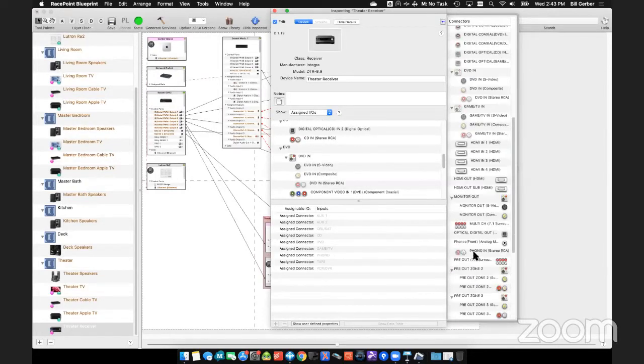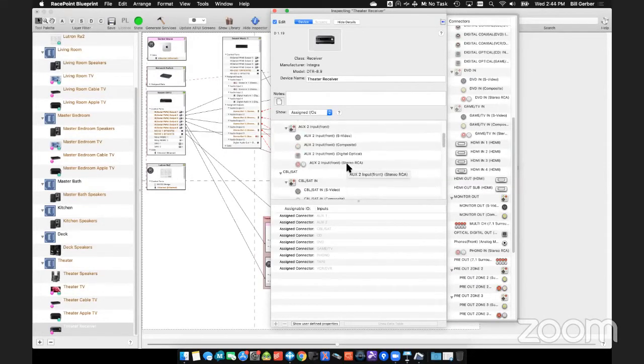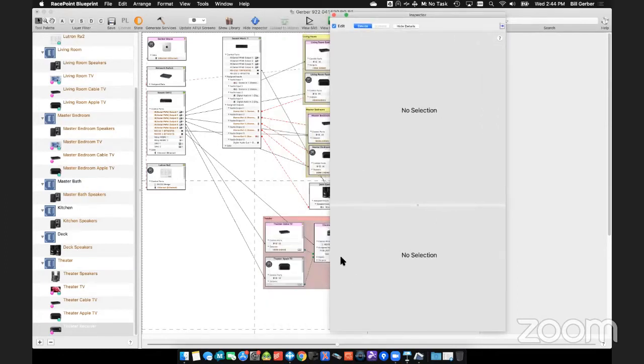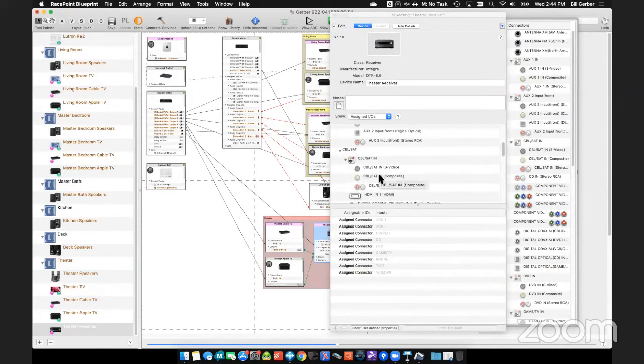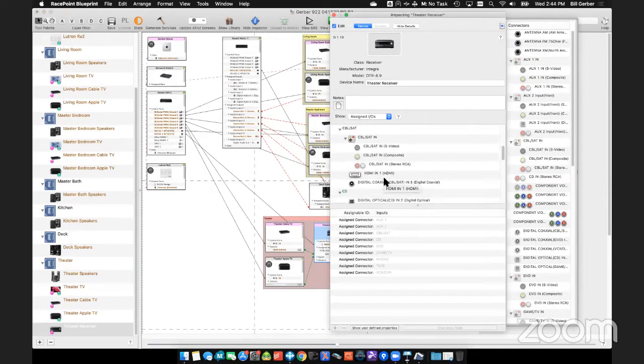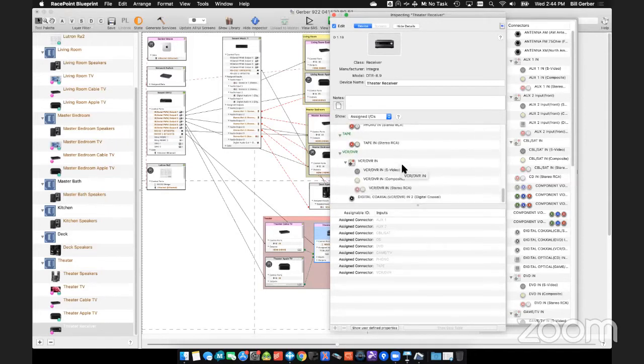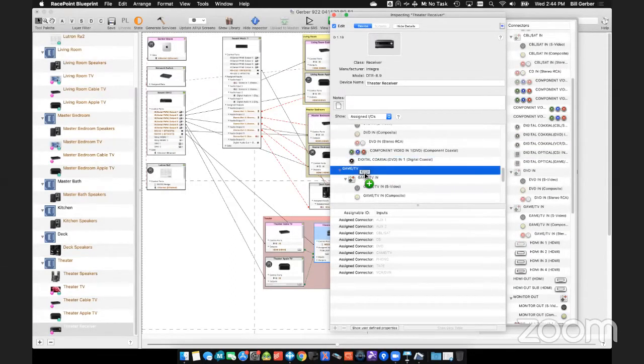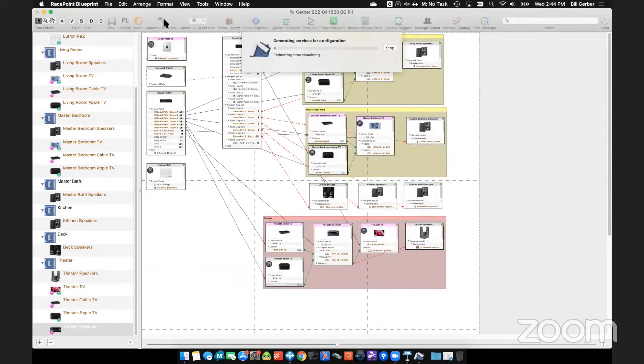So I'm going to grab HDMI 1, and I'm going to put it on the cable sat. Oops. Click on my theater receiver again. So my cable sat has HDMI 1. My Apple TV is, let's see, we'll put it on game TV. So HDMI 2, game TV. Now when I generate services and I go to my theater,